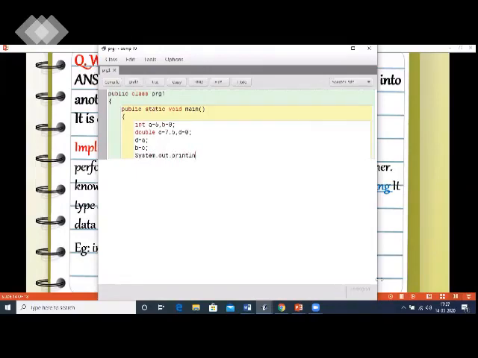System.out.println. Okay, here when I have done, it is getting converted from a higher data type, double, to integer. I need to mention the cast operator int over here. Int is my cast operator over here. I'm printing the value D. In the next line, I'll print the value B.